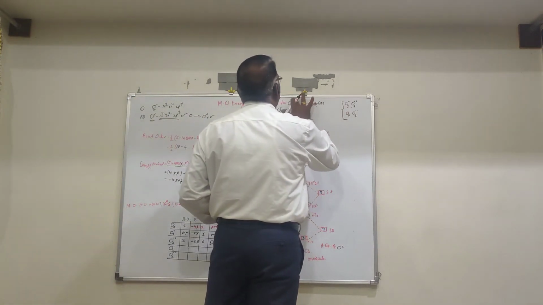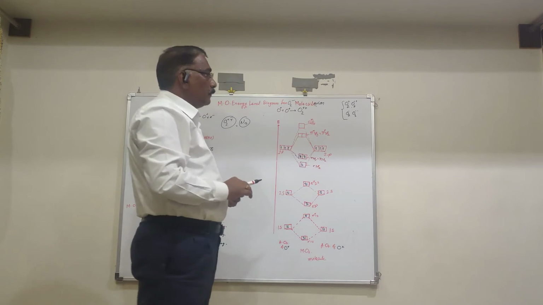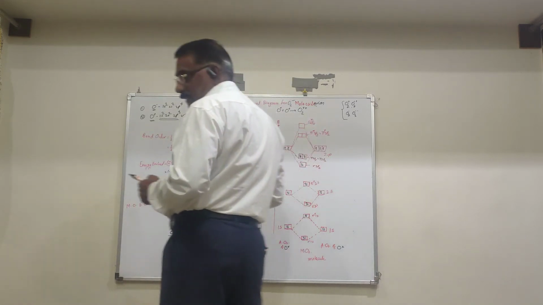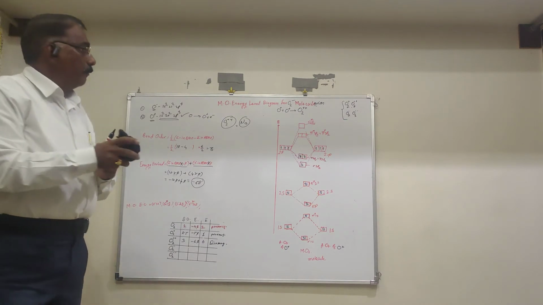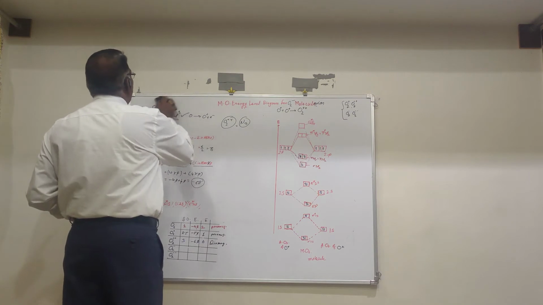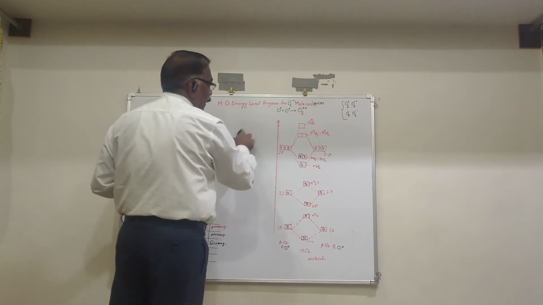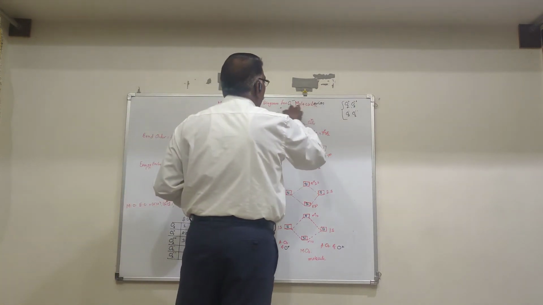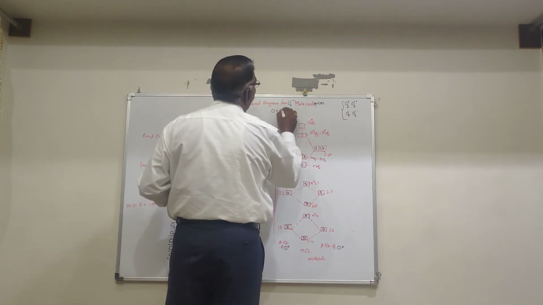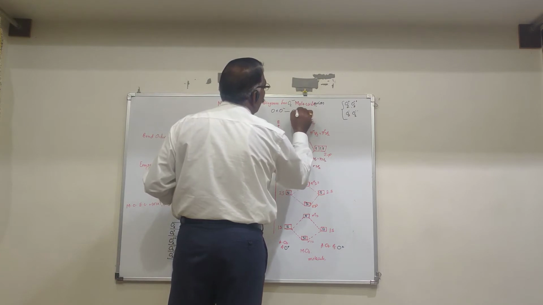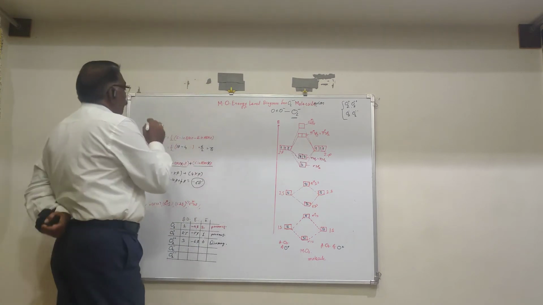Then next molecular ion we are going to see is the O2 minus. See this MO energy level diagram for O2 minus. How is this minus formed? See, this O2 minus is formed by the combination of oxygen and oxide ion. See here, oxygen atom plus O minus, there is formation of O2 minus molecule.